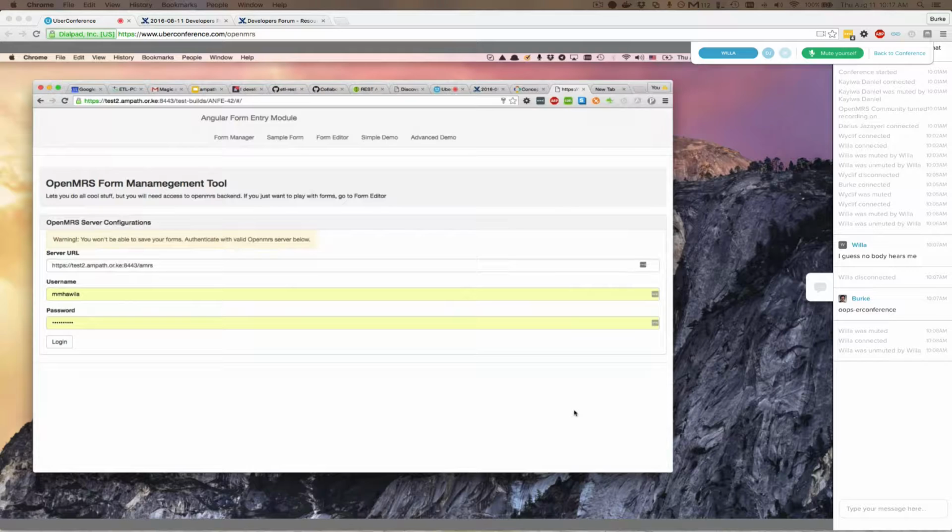So we have the Angular form entry module, which is basically the Angular-based module that is helping us manage our forms. And we have added the small OpenMRS form management tool, for which, of course, you need to specify the server you want to use to manage your forms, and username and password.